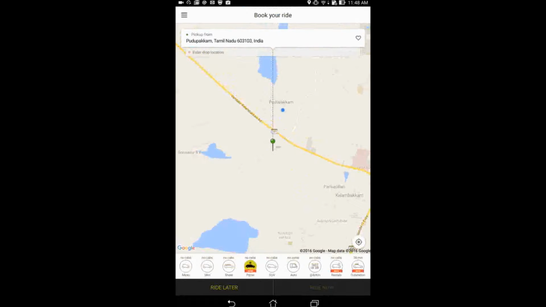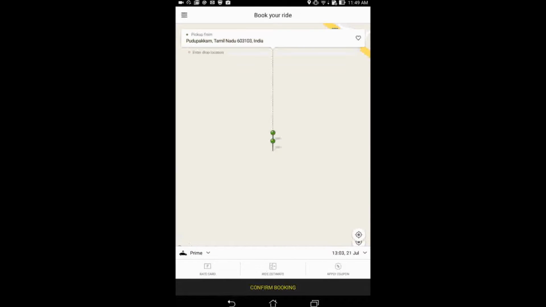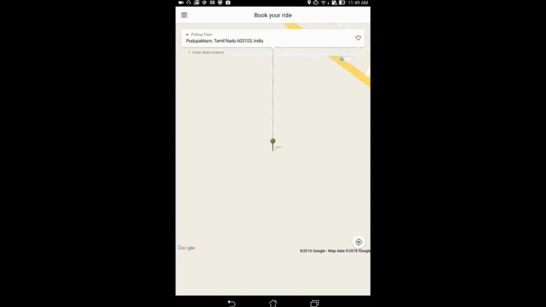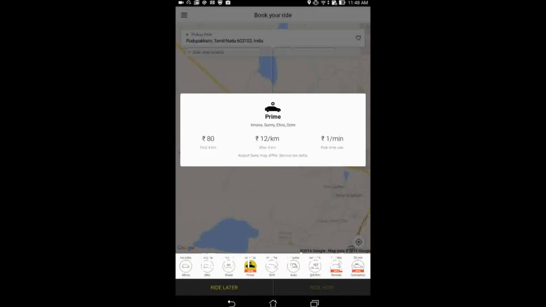If the cab is available, you will proceed to the next screen once you click on the ride now option, where you have to enter the destination if not already selected. You will also be shown the rate card, ride estimate and apply coupon option along with a button to confirm booking. If you have any coupon to apply, click on the apply coupon button, enter the coupon and click on apply. If you want, you can check the rate card and ride estimate. Click on confirm booking to confirm your cab. You will get an SMS from Ola Cab regarding your booking confirmation and other cab details.